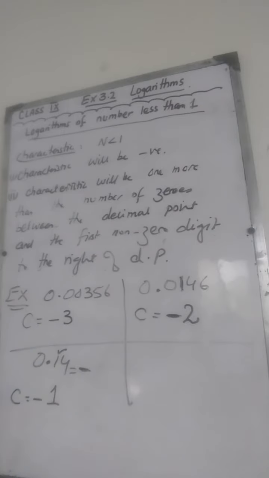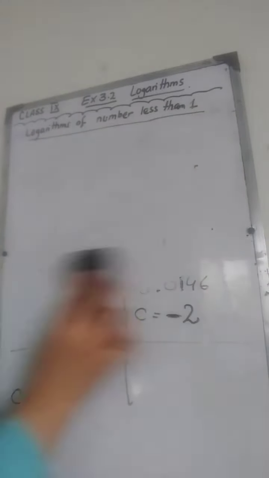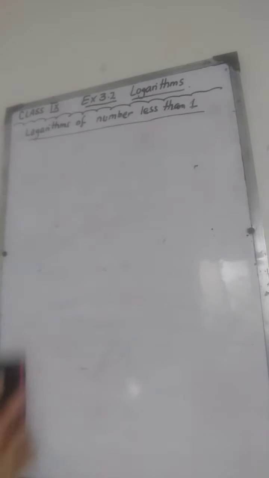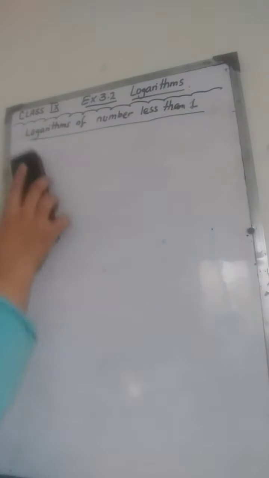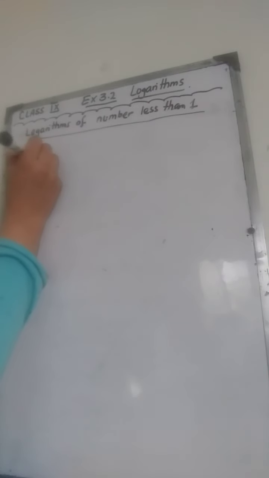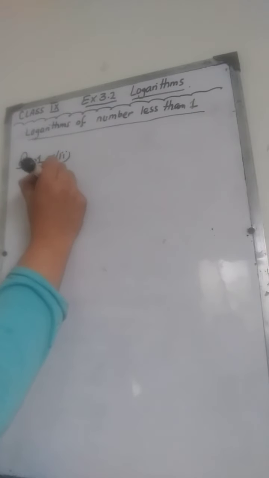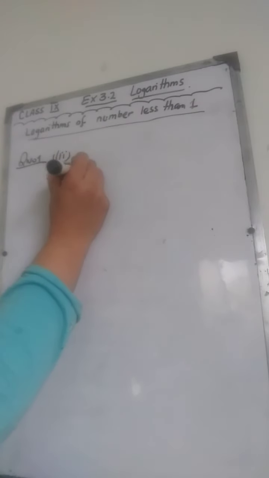Now we find the log of a number which is less than 1. The only difference is that of the characteristic. The method will be the same as what we did for numbers greater than 1. The way of seeing the table will be almost the same. For example, question number 1 and part 3.